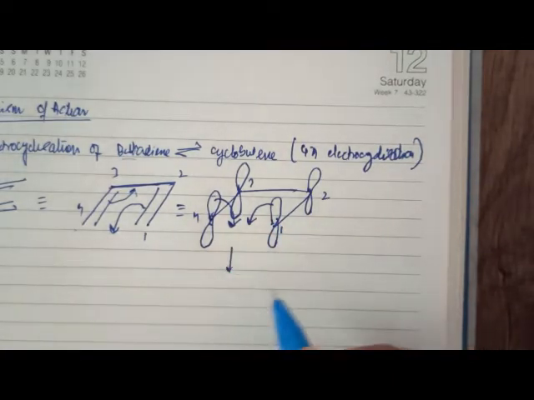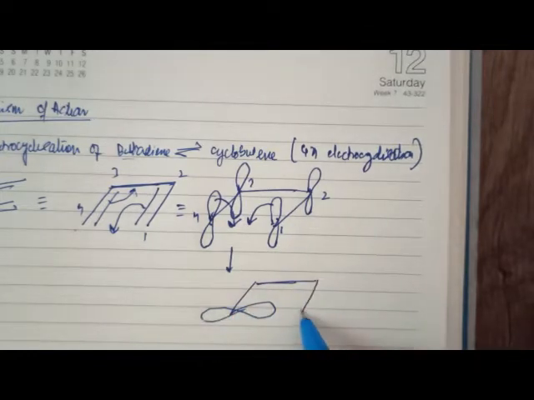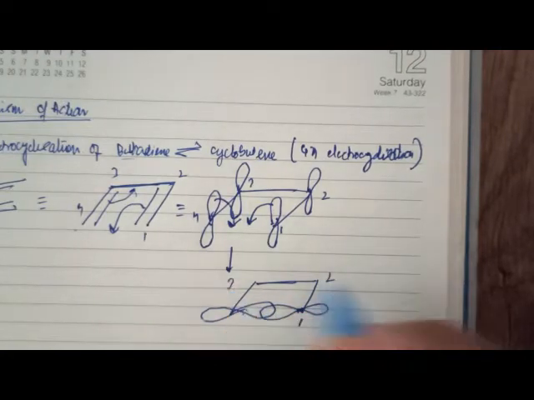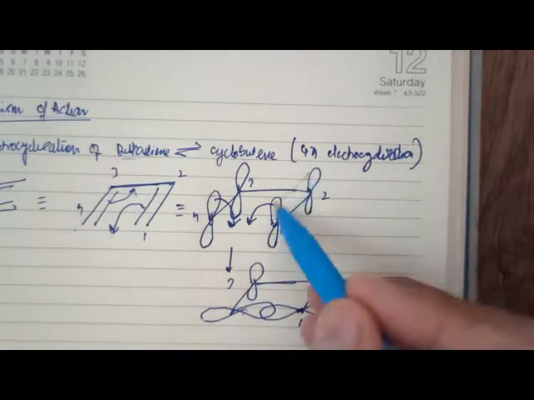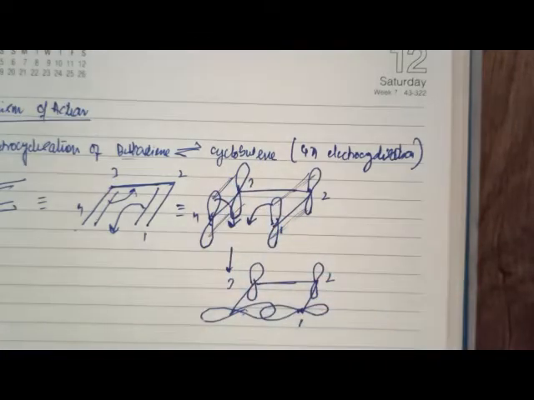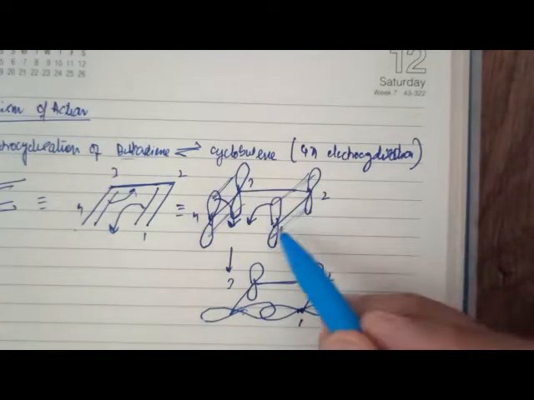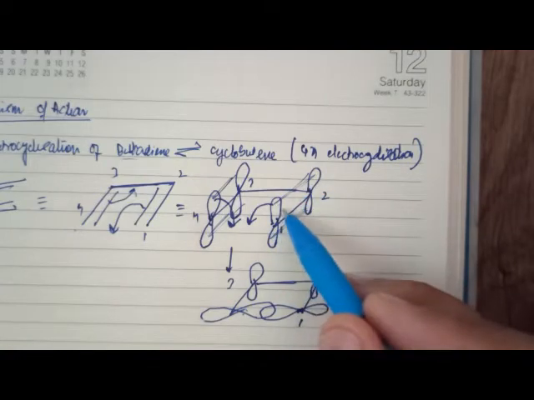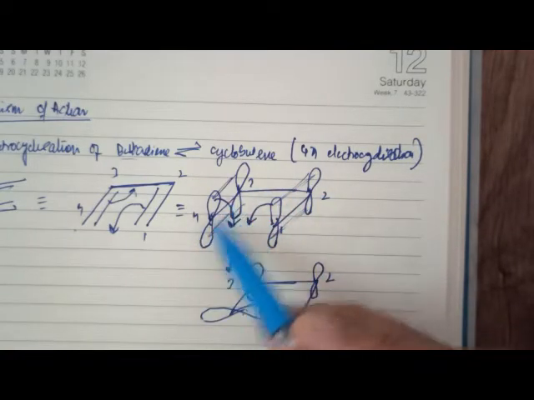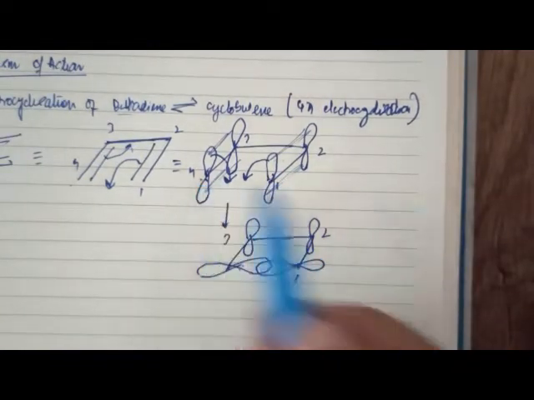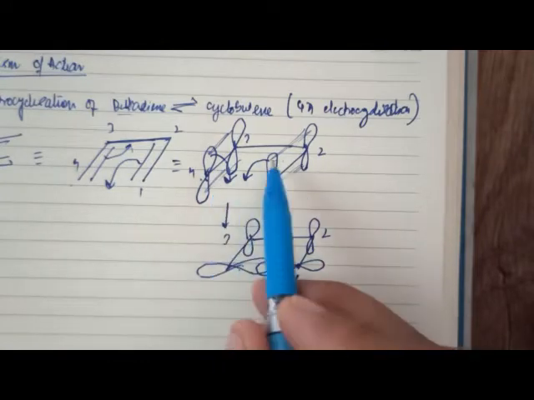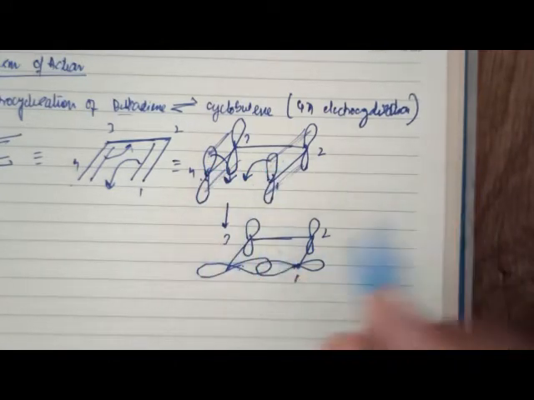If that happens, what will happen? We'll have this kind of a sigma bond formation occurring between the two terminal lobes at carbons 1 and 4. What is remaining? At lobes 2 and 3 we have 1 electron apiece. Earlier you had a pi bond formation here, you had a pi bond formation here. All 4 lobes had 1 electron. Lobes 1 and 2 underwent sideways overlap to form a pi bond. Similarly lobes 3 and 4 underwent a sideways overlap to form a pi bond. Now what happens? Lobes 1 and 4 underwent rotation in such a way that their lobes can join one another and form a sigma bond.